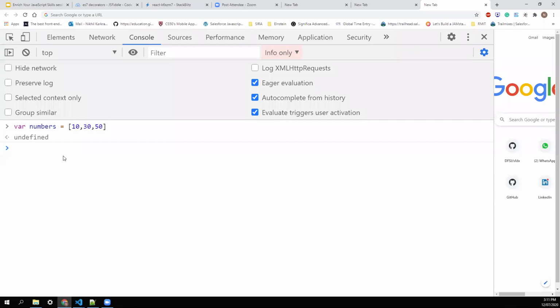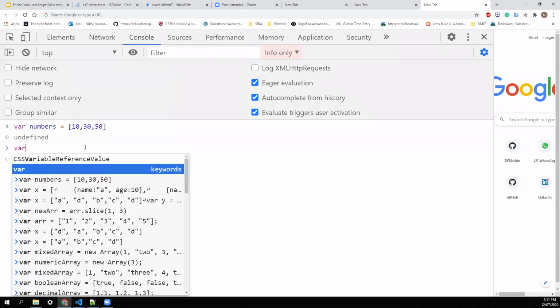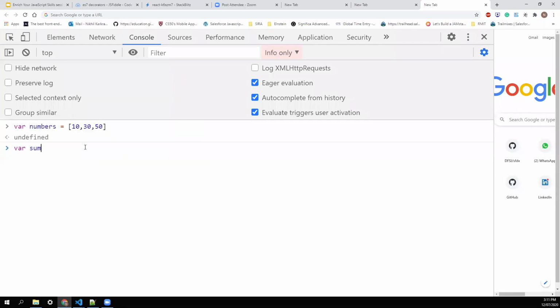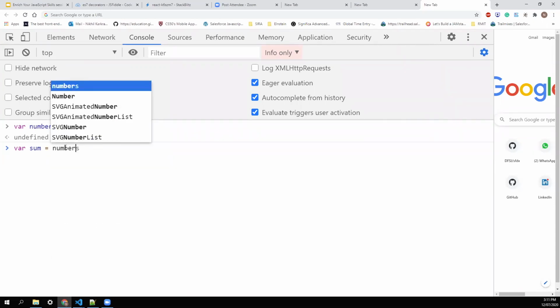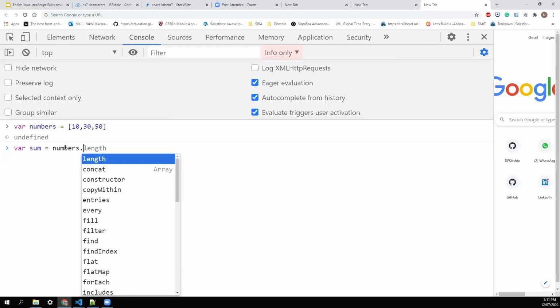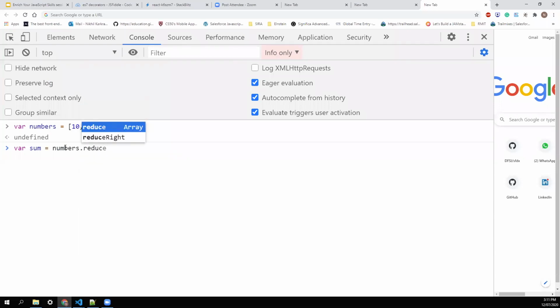So we'll do a summation of these numbers and take a variable to hold that result, that is sum. And reduce also always returns a new value, it returns something at the end. So we are running the reduce method on the numbers array. The syntax will remain the same.